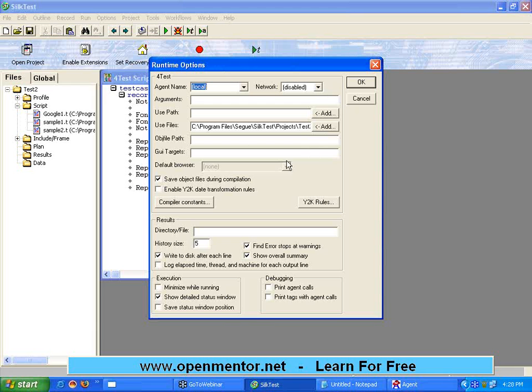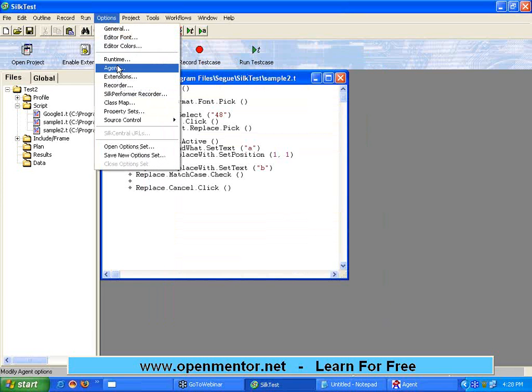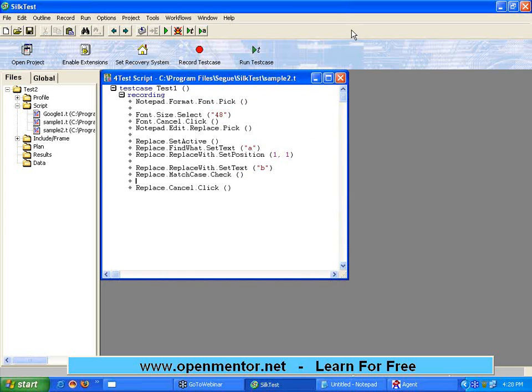There are a lot of options available within SilkTest, about what the agent should do. For example, in agent there is something called timing: window retry interval, how many seconds I should wait, keyboard event delay interval. Everywhere it is giving some intervals. We will come to this a little bit later, not immediately. I'm just giving you the heads up.